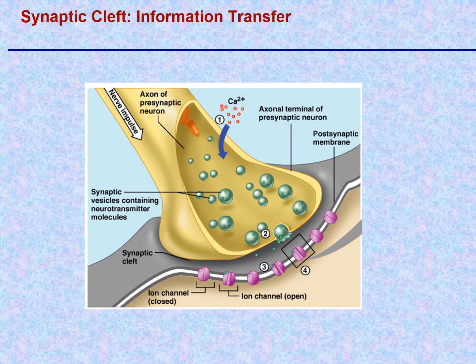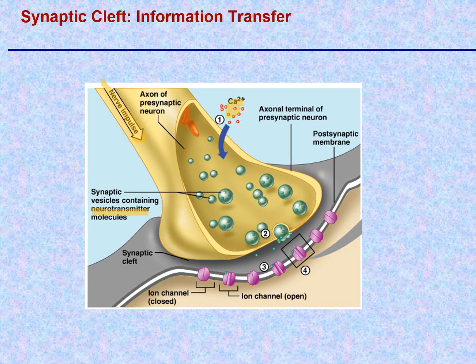Okay, here what you see in this diagram is the axon terminal, one of the buds at the end of an axon terminal, containing synaptic vesicles that have within them the neurotransmitter. Now, the way the process works is that if an action potential arrives coming down the axon, this nerve impulse arrives at the axon terminal, then that will trigger entry of